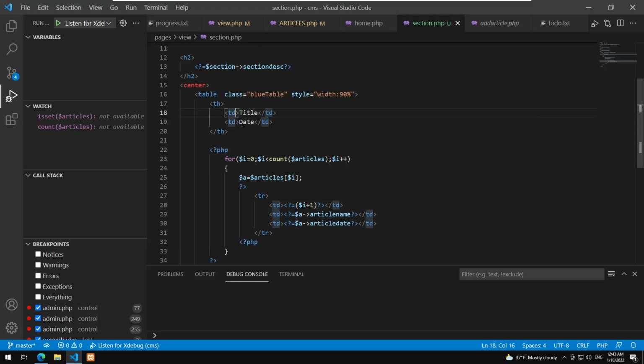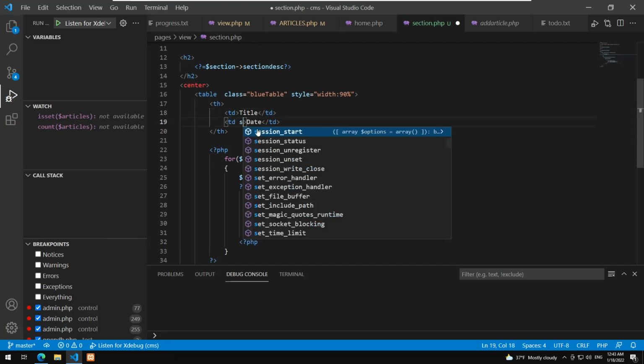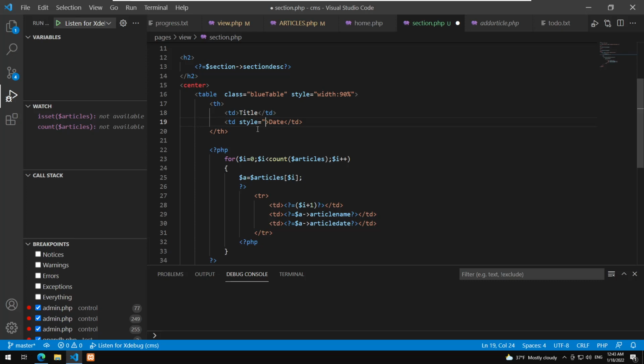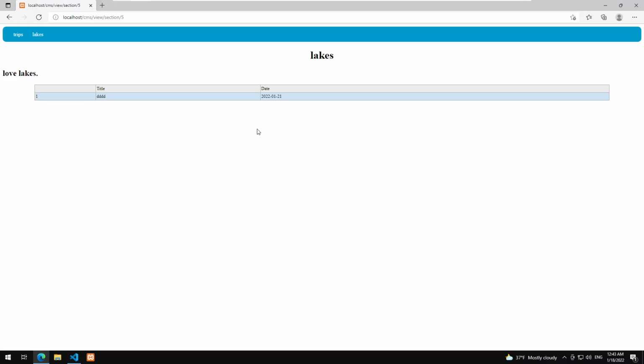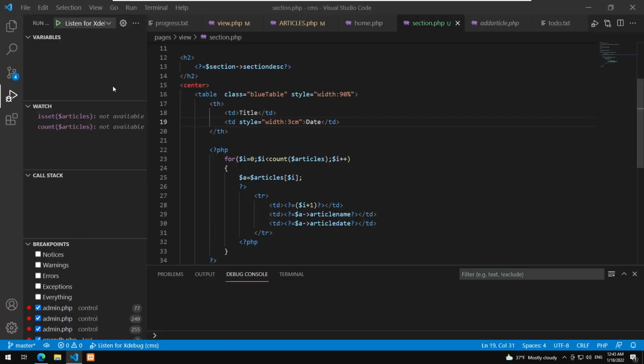Okay, so here this is gonna be style width 5 centimeters always, or maybe 3 centimeters. Okay, and we refresh, so that's okay, that's fine. Okay, as you can see here, now the first column is not always what we want it to be. So I think